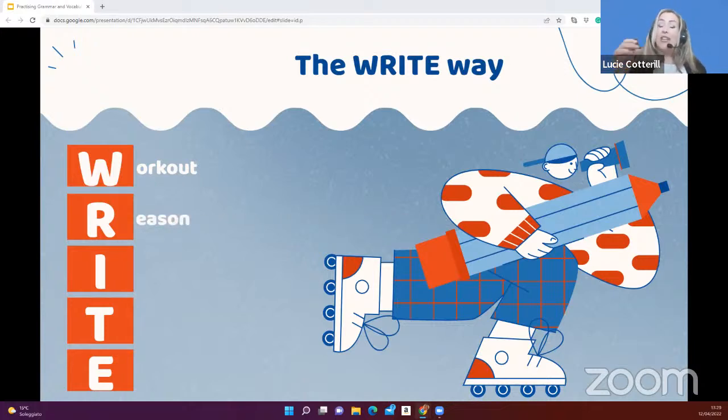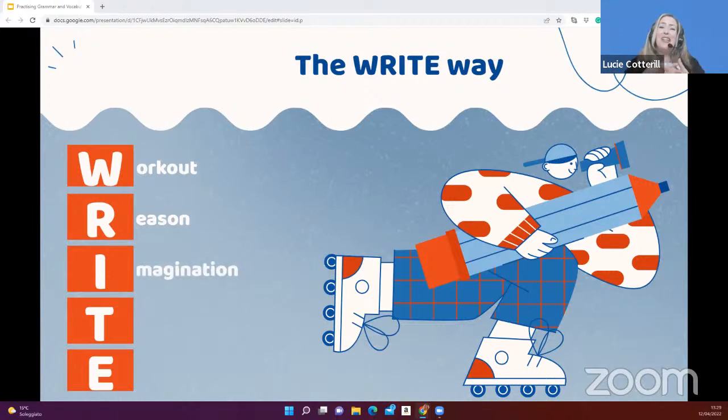We need to give them a reason to write. So this is really important. If they don't think that what they're writing matters, they're not going to be motivated to write. So you could give them a reason such as, okay, we're going to share the best one on social media, or we're going to display it during a parents' evening if you've got younger students, or we're actually going to write to a real person. Let's write on this famous person's Twitter account or whatever, okay? So they need to have a reason to motivate them to write.